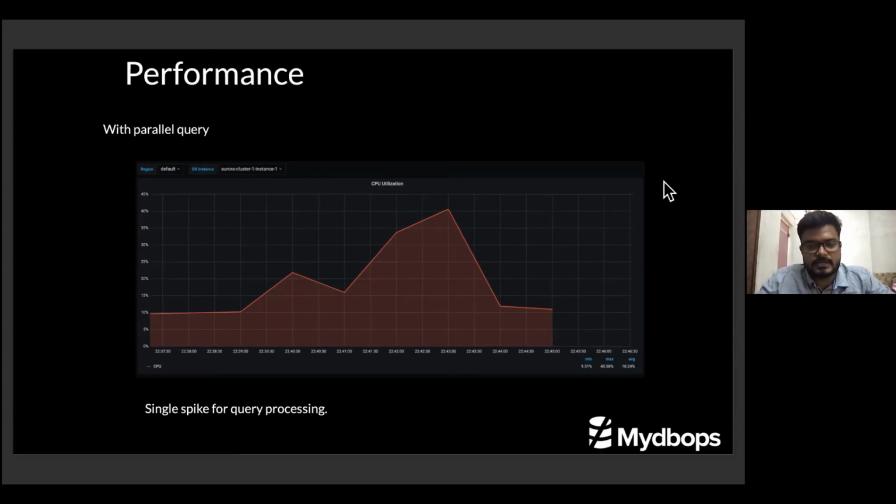That means the resource utilization is so high for the server that it will affect concurrent query processes as well. But when you have enabled the parallel query, the resource utilization is reduced, and the execution is also faster.